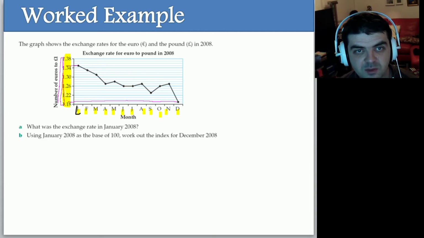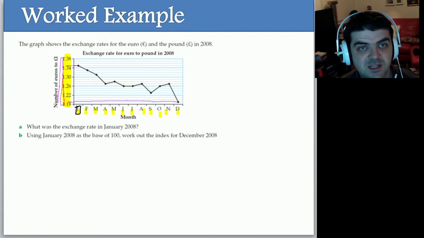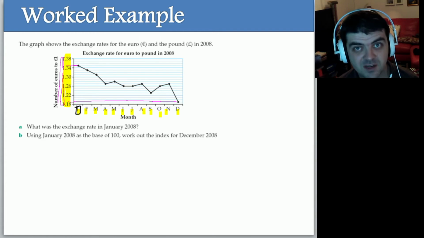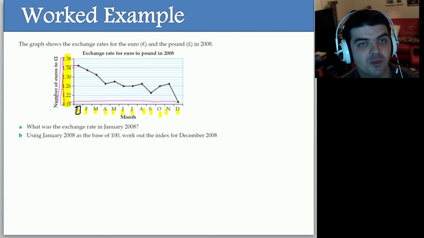Well, that's this month here. And if I look up and across, that value is one above that. So we'll have to work out what each increment is. And if I count up, I will see that each one of those increments is 0.01 of a euro, or a cent, as they might call it in France. There you go. So a cent more than 134 is